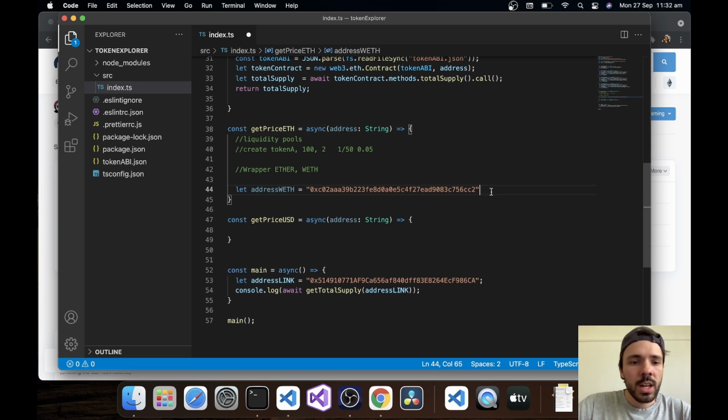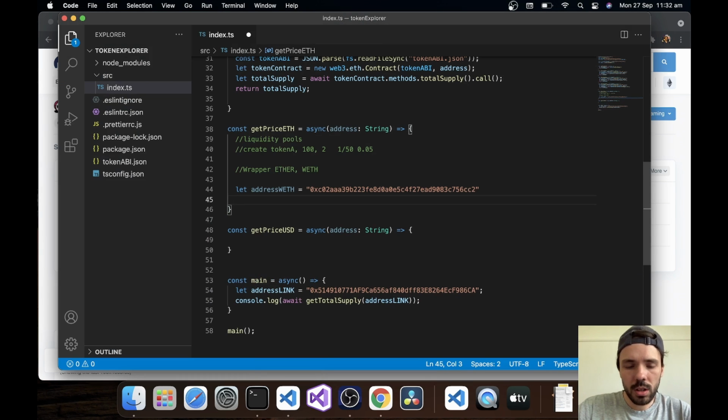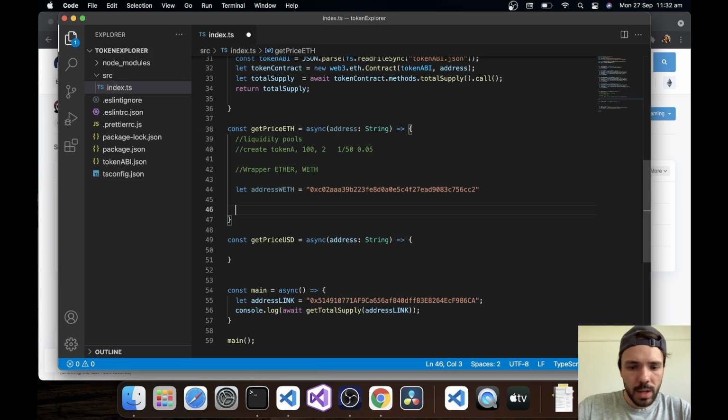How do we get the pool? Uniswap has something called the Uniswap factory, and from that factory contract, it actually has a method which you can call in order to get a specific pool that you're interested in. So let's go ahead and define Uniswap factory. So I'm just gonna make a space, let Uniswap V2 factory, and it's gonna be the contract. And this equals to, and as you know,